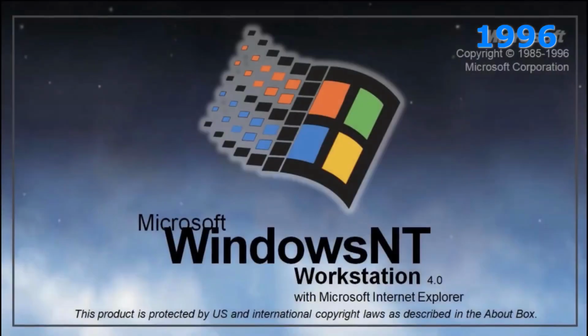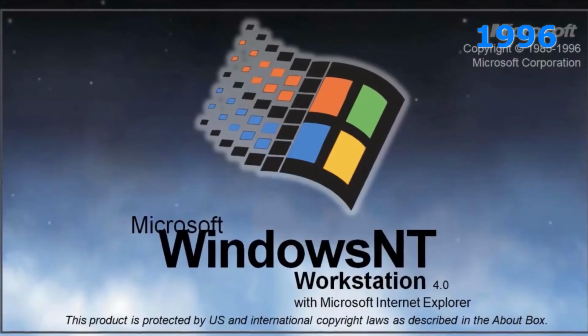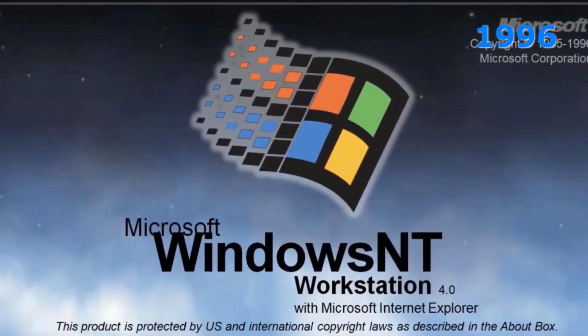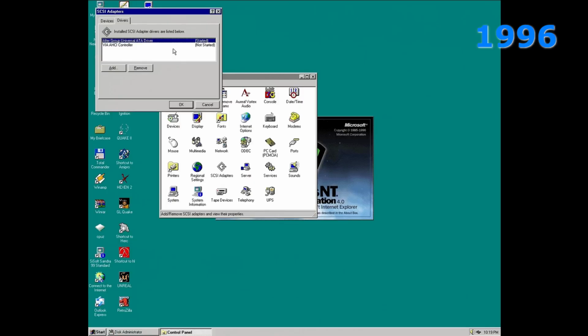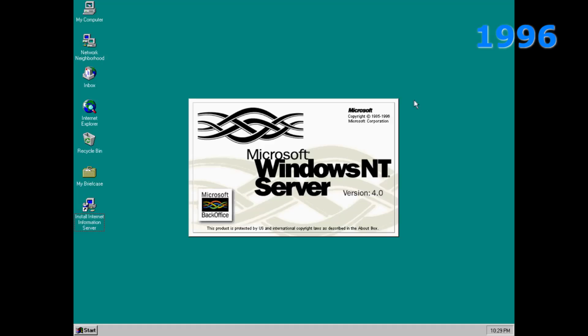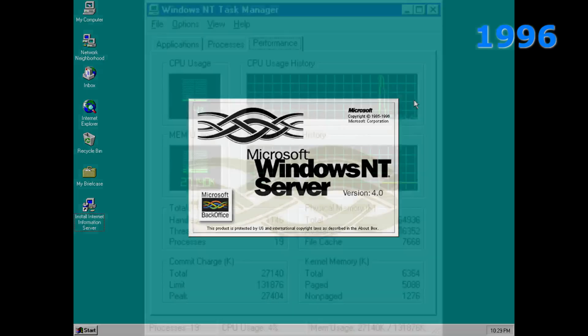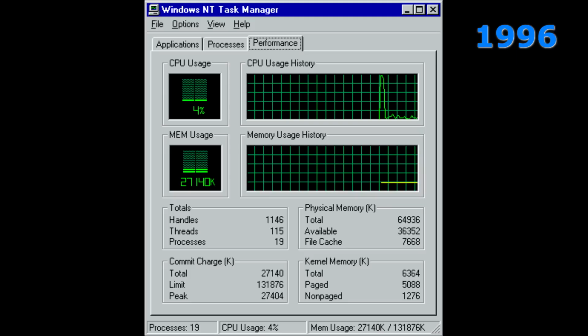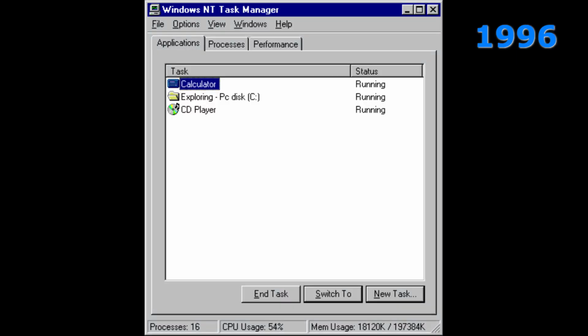Windows NT 4.0 was released on August 24, 1996, and hey, that's exactly 1 year after Windows 95. Improvements included adapting the Windows 95 look to the NT base, cryptography, and the introduction of Task Manager, the tool commonly used to shut down unresponsive programs.